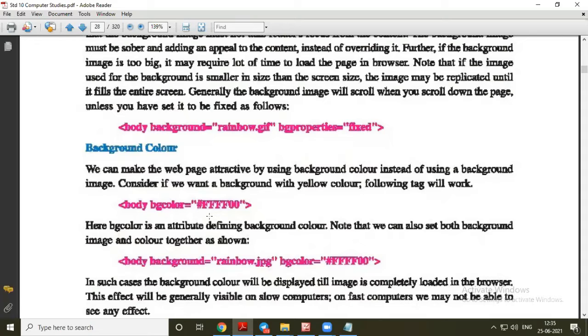So the first 10 are the same as the decimal number system, that is 0 to 9, and then the next six are A, B, C, D, E, and F. So all are capital, A to F. So in this hexadecimal number system, the smallest number is 0 and the largest number is F. So this way we use the hexadecimal number system.